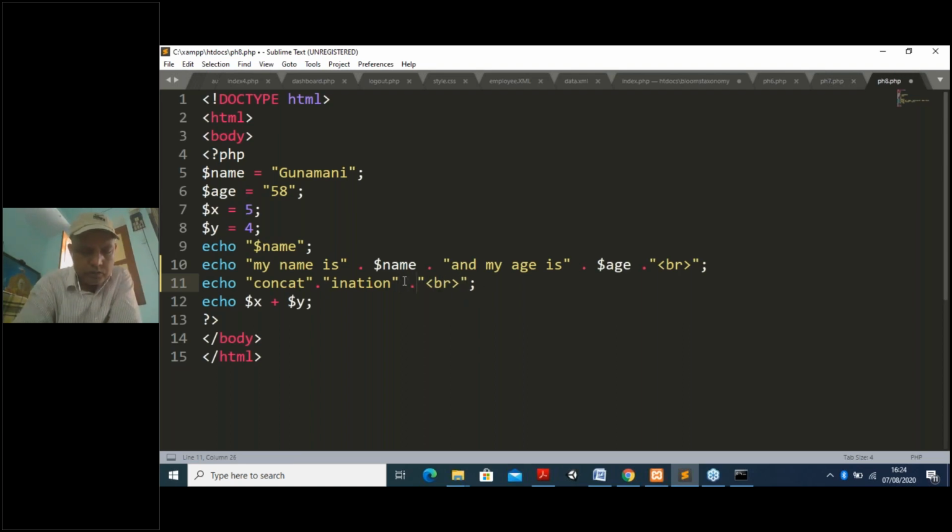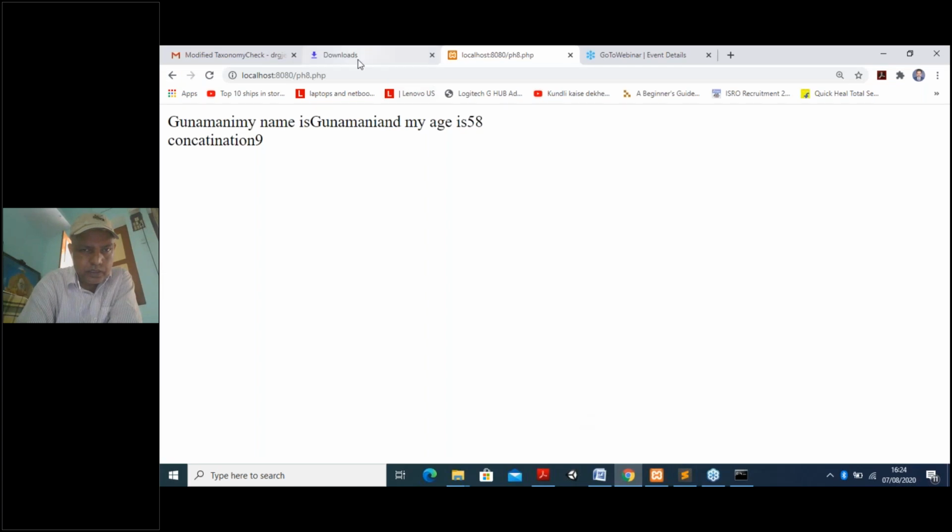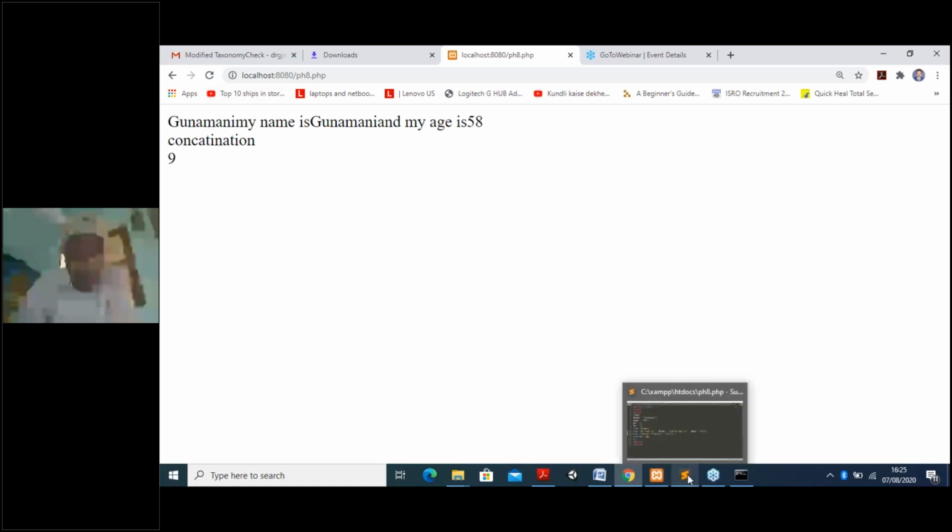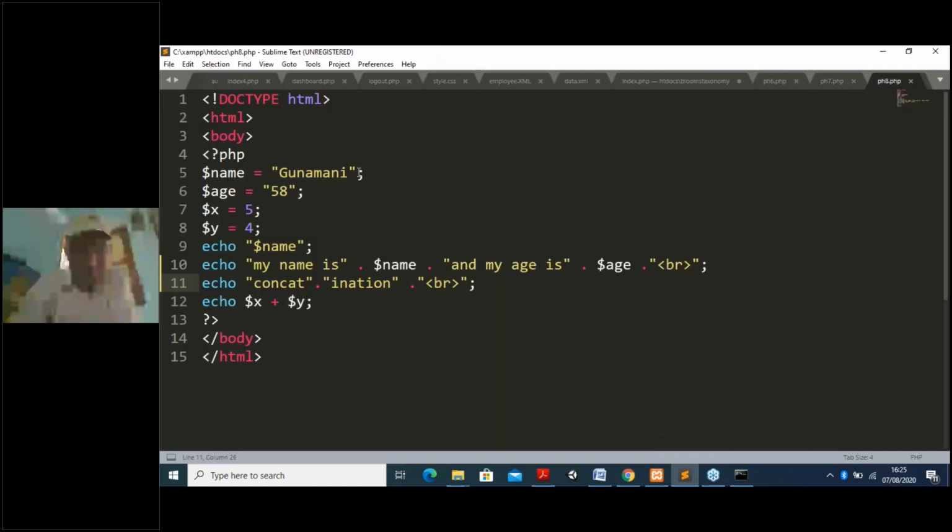That is the dot, delete. Okay, Control S. Now let me run this program and see what is the output. Now I am refreshing this one. Yeah, you can see it is successfully coming. Okay, so my name is, after Gunamani you have to put it there also again. Say Gunamani, it is putting. So dot, Control V.